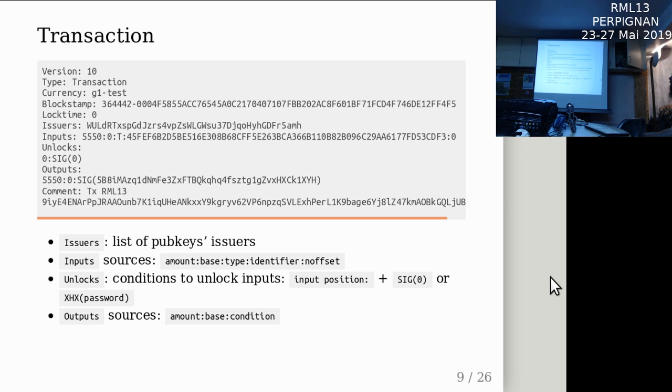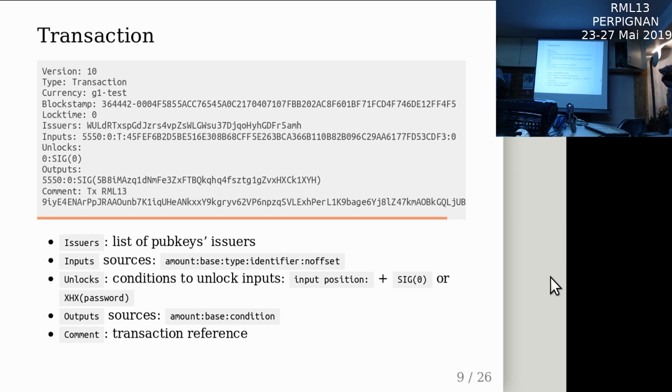The pub key of the recipient of the issuer. No, of the recipient, the person who will receive the amount. Ah no, sorry. Yeah, I will explain in more detail how the lock and unlock of the sources is working. So yeah. Okay.